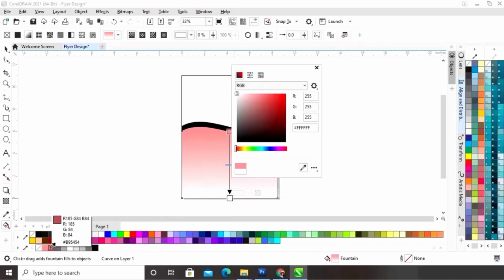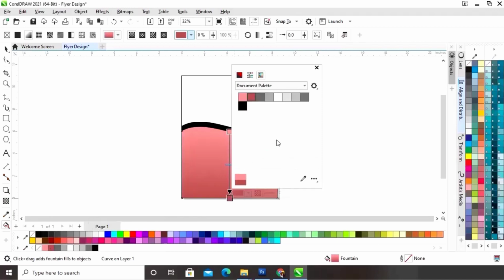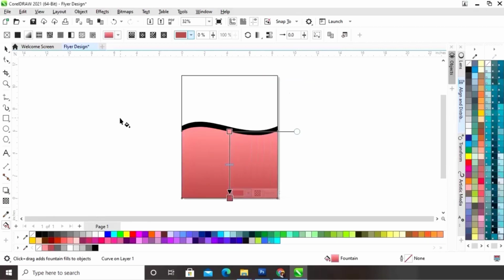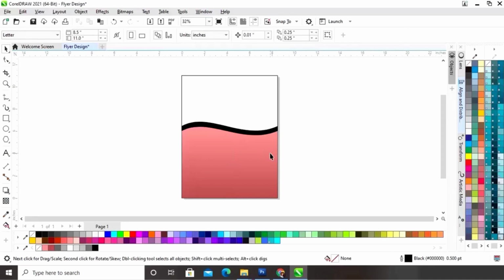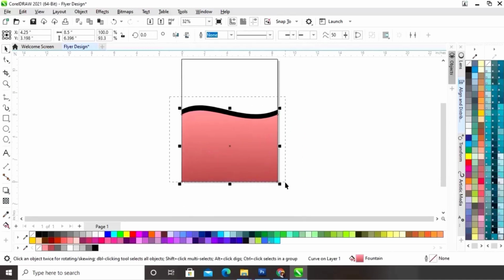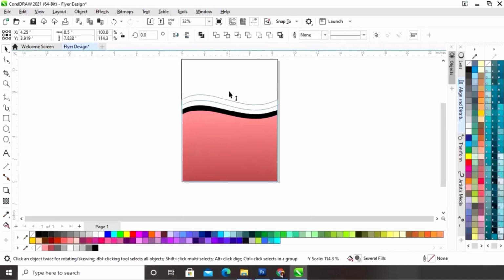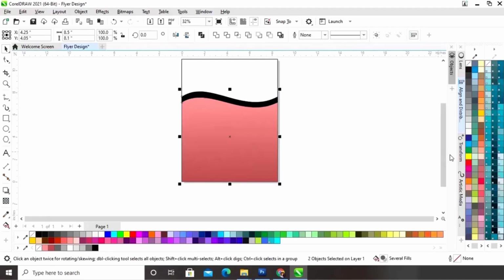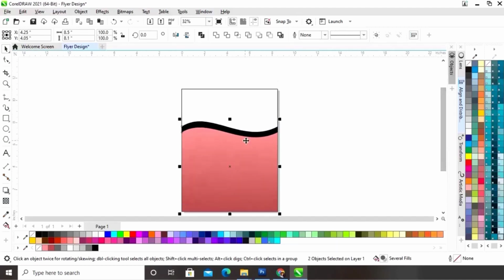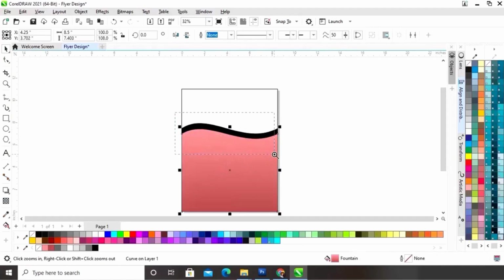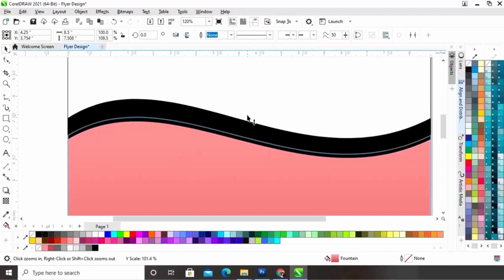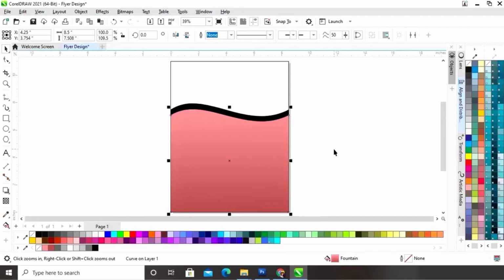We will select the color with the color selector tool. Now we will select both shapes and we will increase the size. Now we will adjust the size.